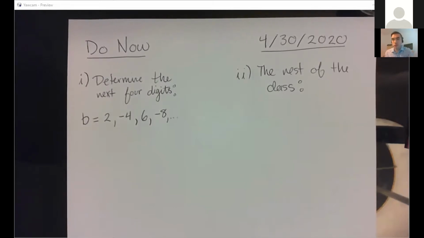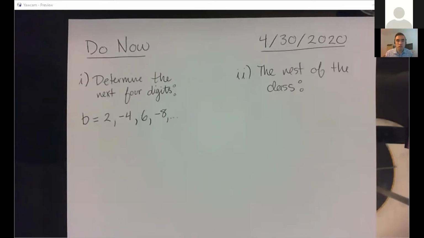Today we're going to start off with a review question. When I say review question, boy, do I mean a review question. This question we talked about 2 years ago when y'all were freshmen during geometry. Please determine the next 4 digits in this particular series, where the series is B, which is equal to 2,